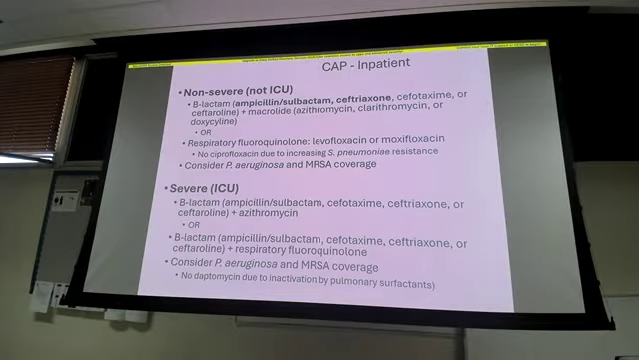Looking at our CAP inpatient, it's further stratified because I can put them in the ICU, or I can have them in a non-ICU, right? If I think they're very severe, super sick, not able to breathe well, really struggling, there are different criteria you will look at and get different scores to decide if you want to admit your patient. So when I'm looking at my non-severe, so they're not in the ICU, you see that